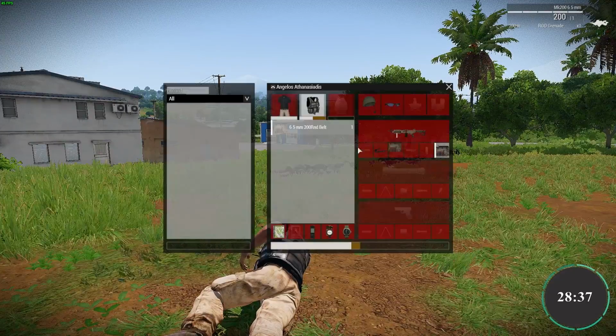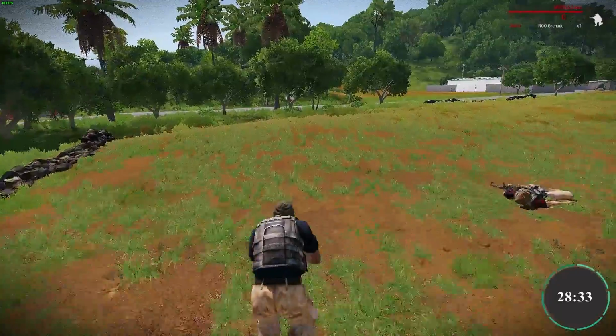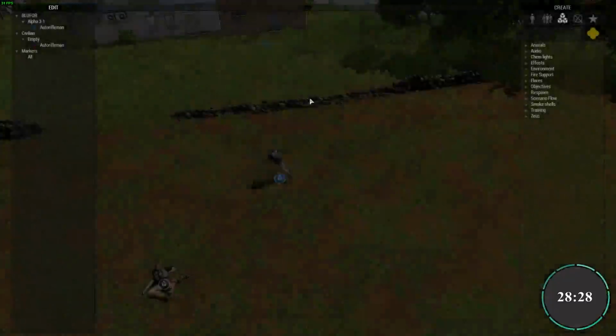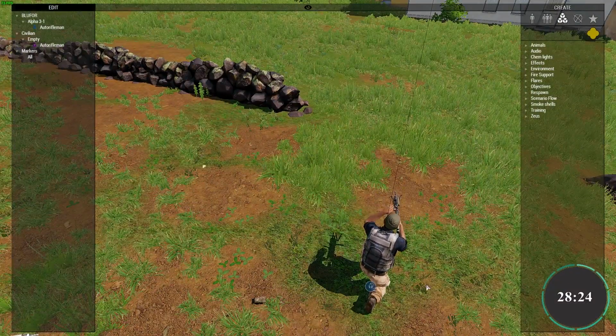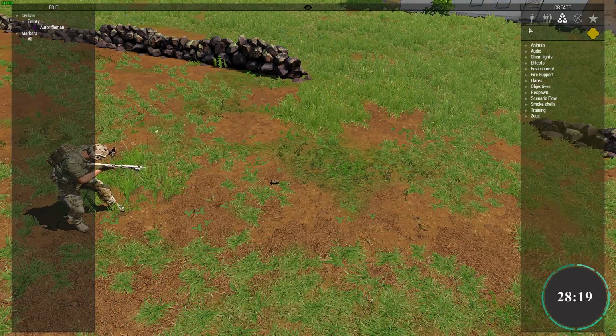So what if I tell him to drop his ammo again? Then I move him a ways away. Will he go back to grab his ammo? He does. Interesting. Now, I don't know if that's just because he's Zeus controlled. So what if we